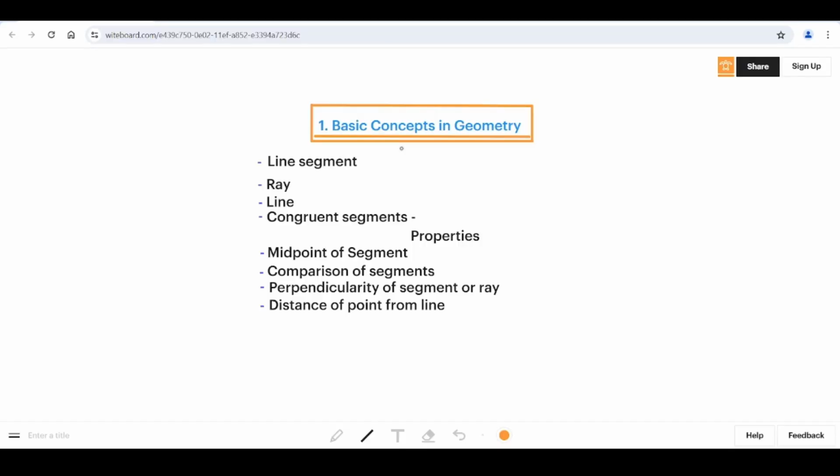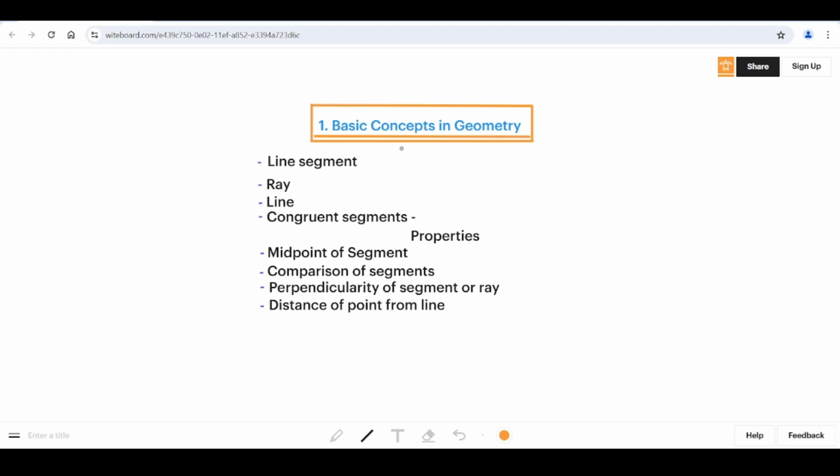Welcome to Mathematics Square. Are you ready to master the geometry? Then you are in the right place. This video is dedicated to students who want to understand complex maths concepts with clear, step-by-step explanation